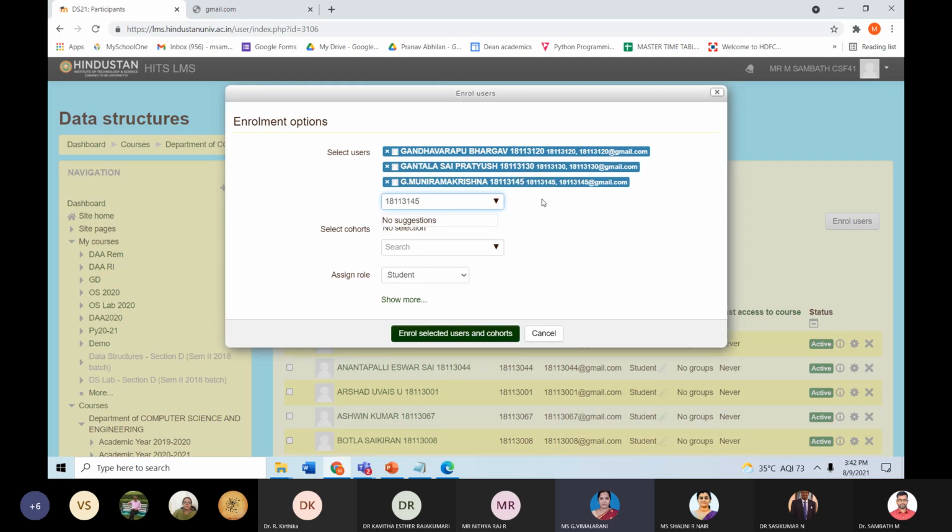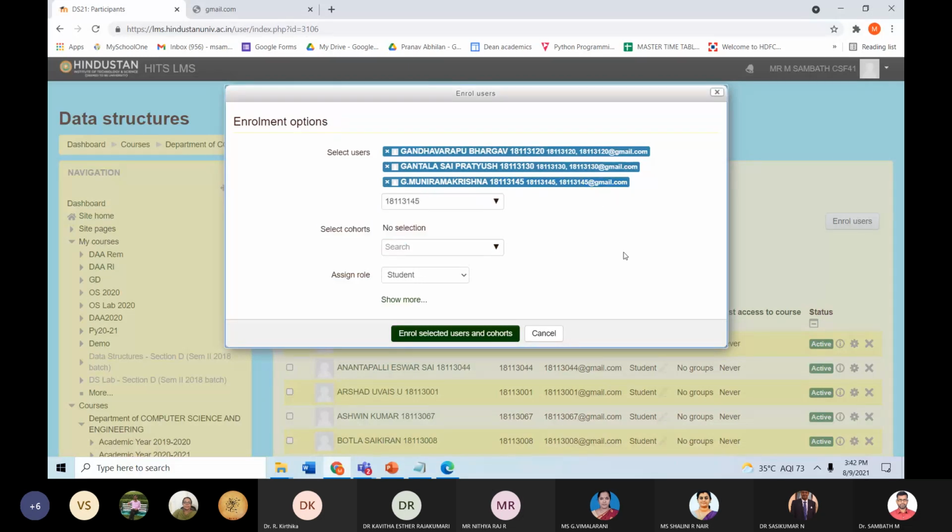Can adding students like this be done by a course teacher, sir? Ma'am, adding students can be done by a course teacher. You just tell them, guide them how to do it. Let them do it. You no need to do it. Your job is only till course creation, and you have to enroll the staff into that course. That's all. And also you guide them how to enroll the students. That's all.